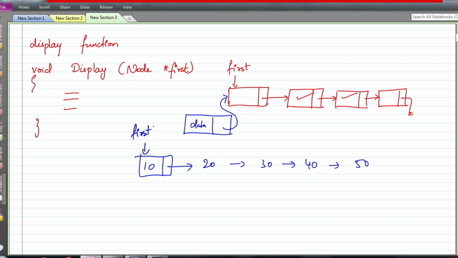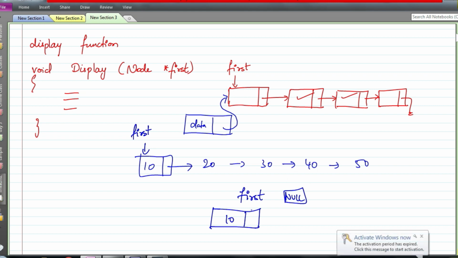Now what if the list is empty? Suppose the list is empty, the first pointer is going to contain null, so this list of elements will not be present. In this case, if I insert at beginning, then a node is created, memory is created for this, and the value is copied here. Since first is null, it means there is no list, and this is the first element you are inserting, so there is no next element. Again the same code works there also. So just copy whatever is there in first into this, and then copy the address of this node into the first pointer. So you don't have to check if the list is empty.